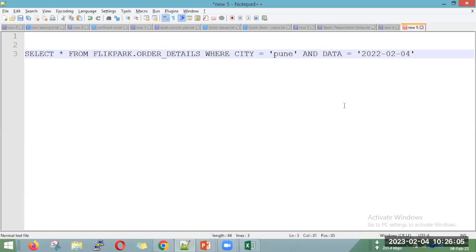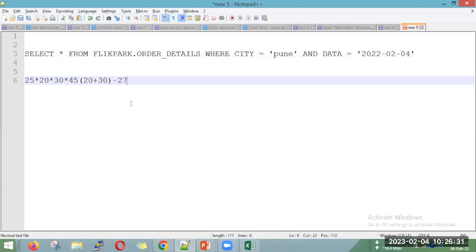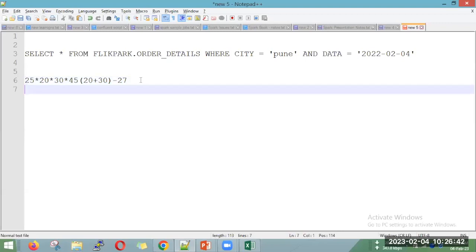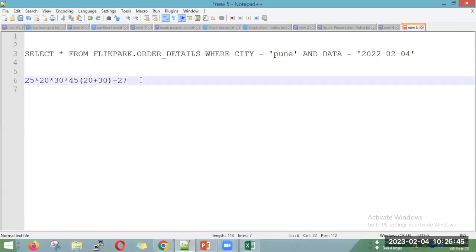Consider that we need to do a complex calculation, 25 into 20 into 30, and 30 into 45. Or we need to do some BODMAS math, like 20 plus 30 minus 27. This is a complex calculation we need to do. As a human being, we will take a rough pen and paper and do this calculation. This rough pen and paper, or storage system,